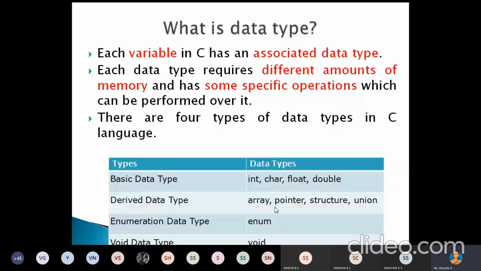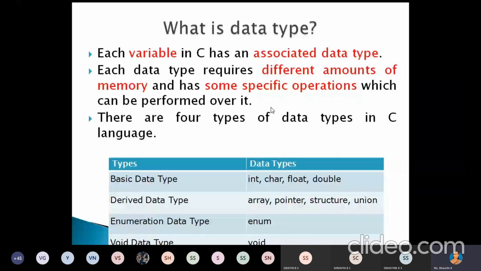Each data type requires a different amount of memory and has specific operations which can be performed over it. For example, if you have integer data, it will take some amount of memory. If you have floating point data, it will take more memory. If you have a long string, it will take even more memory.